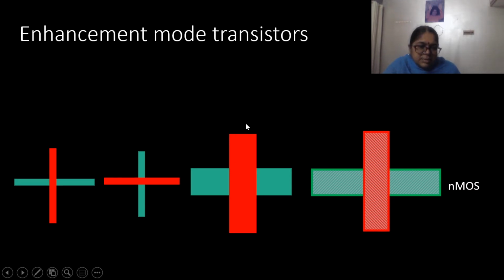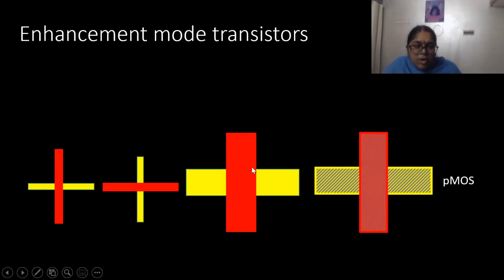Similarly, you can see the complete color, green color and red color, or shading or encodings being used here. You can see polysilicon, the encoding is done towards the right. Similarly, for N diffusion, it is towards the left. So what does this indicate? It indicates that whenever polysilicon crosses N diffusion, an NMOS transistor is formed. Similarly, when polysilicon cuts or crosses the P diffusion, then a PMOS transistor is formed.